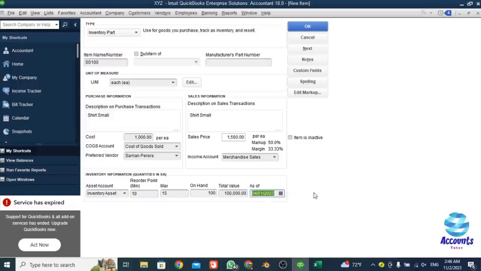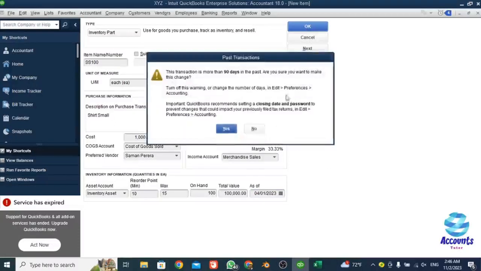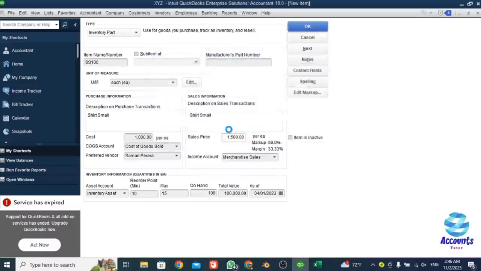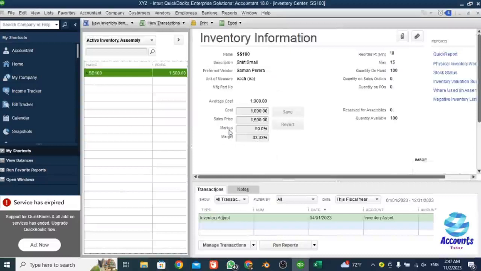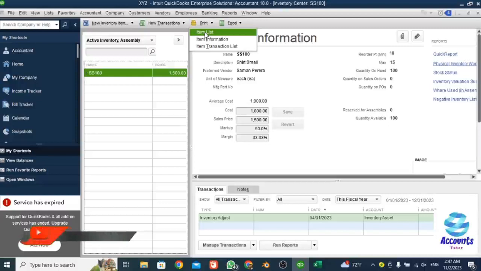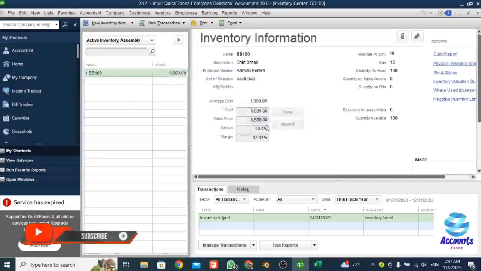Now this is the method you should follow to add an inventory item to your QuickBooks. Once all these fields are okay, just click on the OK button. Once you click on the OK button, you can see all your information updated like this. Here you can see an option called print. If you click on print, you have this kind of menu. There, if you click item list,